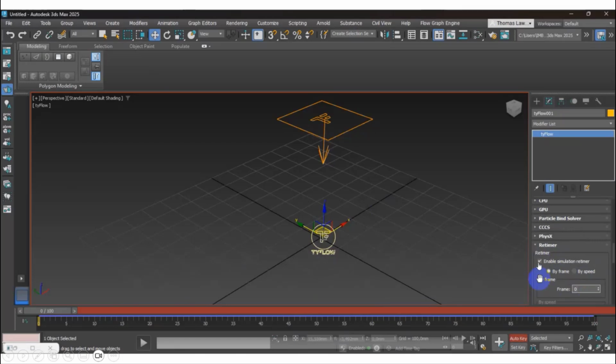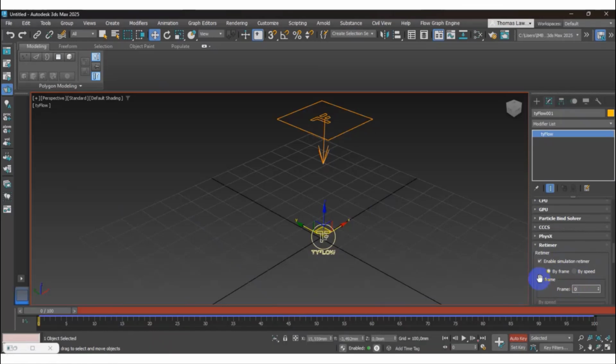That's why I choose to enable it, because by default it's not enabled. You must go there and click to enable, choose by frame, not by speed. Because this is talking about the frame, the 20 frames per second animation frame. So this is frame by frame.